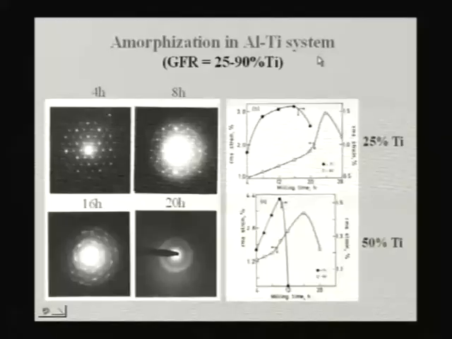I would not say it is impossible, because of the kinetic constraints, if one can cool it very rapidly and somehow suppress the formation of the crystal, he can always get a glass. But those cooling rates are very high and difficult to achieve in normal practical circumstances. So as a result, this system is one example where you can easily get a glass by high energy ball milling when compared to rapid solidification, and it shows the kind of advantage that we have by this solid state processing route when compared to a liquid state processing route such as rapid solidification.